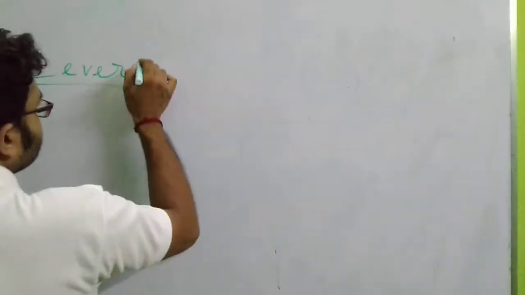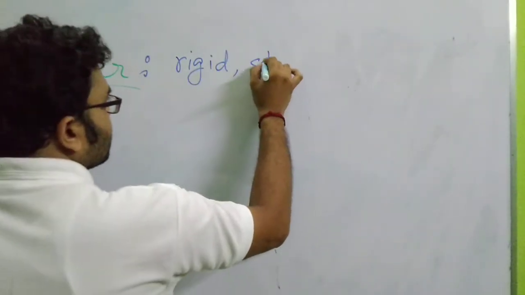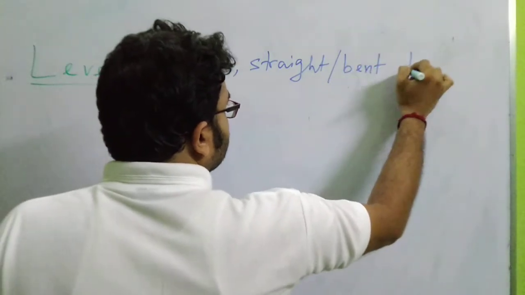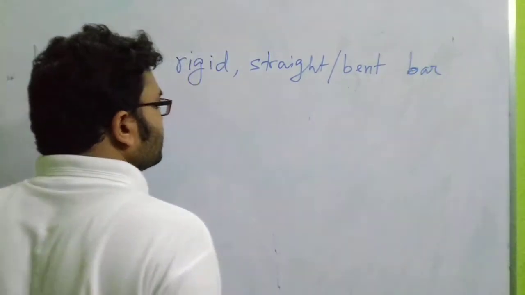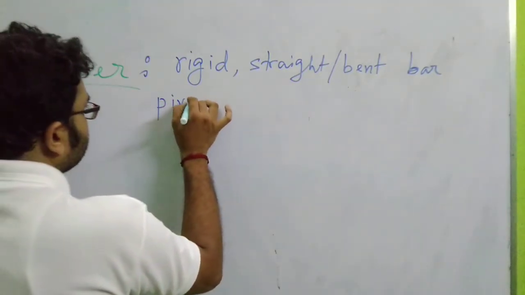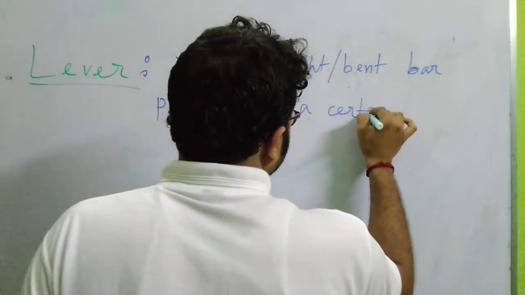For that you have to understand the definition of a lever. So how can you define a lever? We can define a lever as a rigid, straight or bent bar. If I consider the case of a scissor, there are two long blades and two handles. This can be regarded as a rigid straight bar, which is pivoted at a certain point,